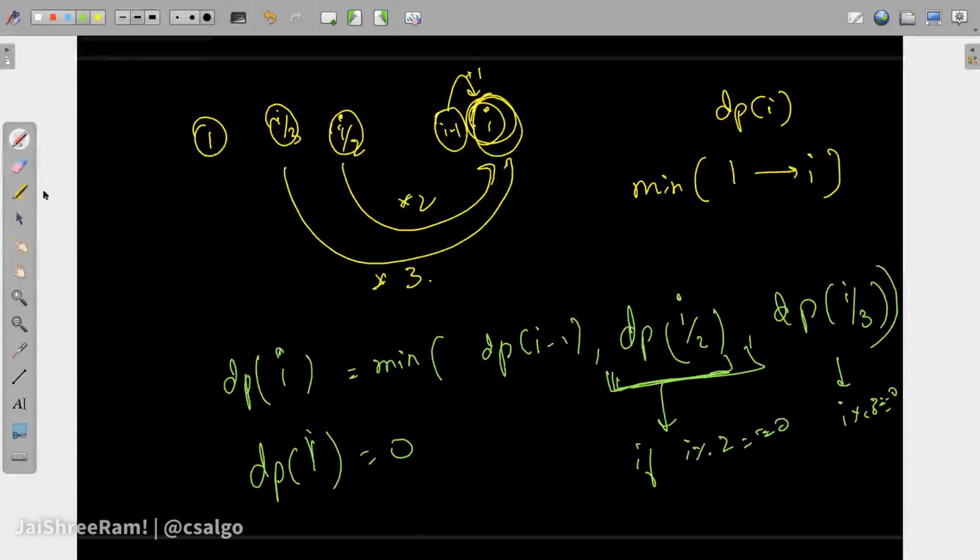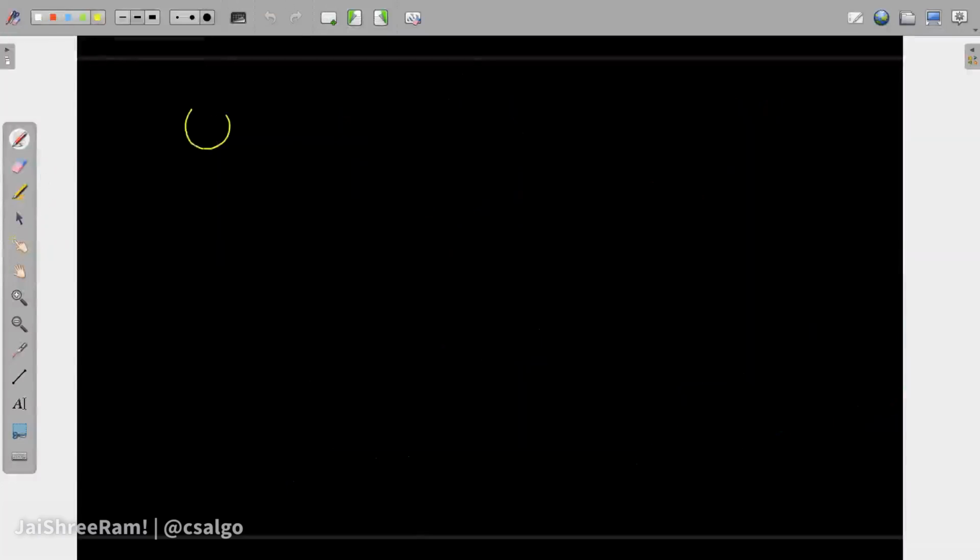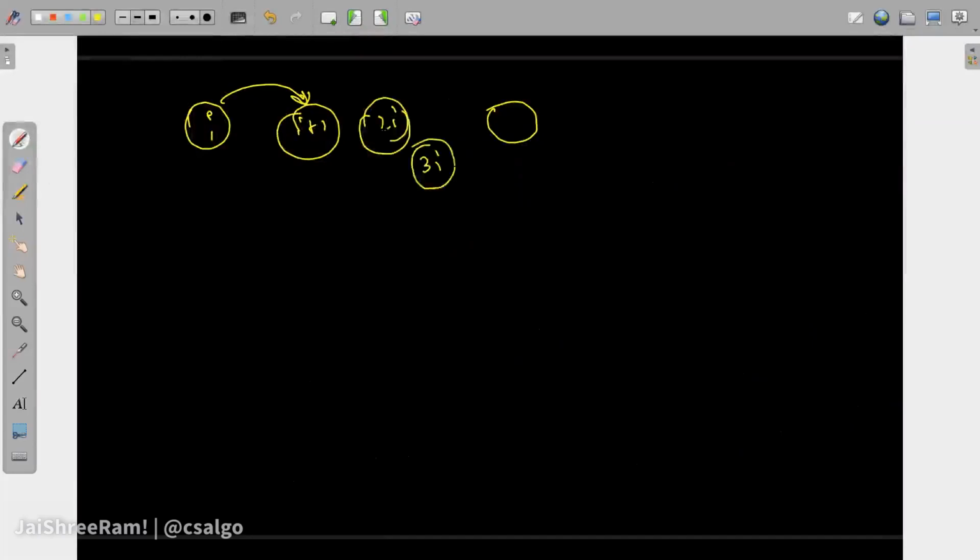Now, the other way around would be similar. Let's say you are at an index I, and what is the minimum number of steps that you need to go from I to N? So you can either go to I plus 1, you can go to 2I, or 3I, right? These are the three states, and from there you will continue your journey to N, right? With these in place, you can think about,